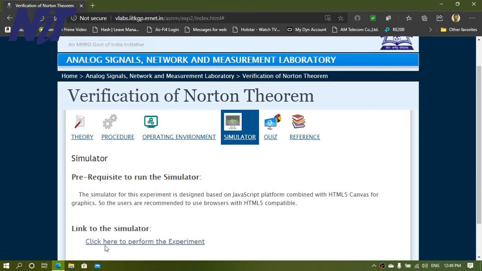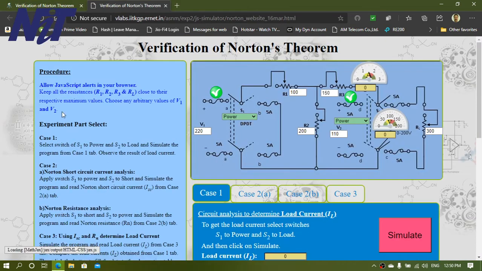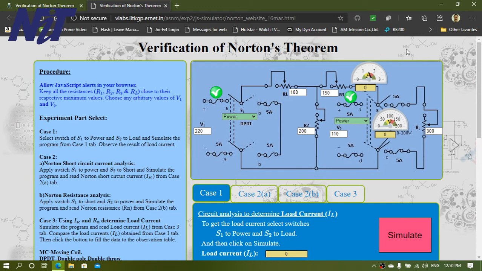After clicking this tab, you have to click here. So after you click the link, you will get this page where you can directly simulate this experiment, verification of Norton theorem, and side by side you have to maintain these procedures also. First you have to allow JavaScript in your browser and keep all the resistances R1, R2, R3 and load resistance at their maximum position.